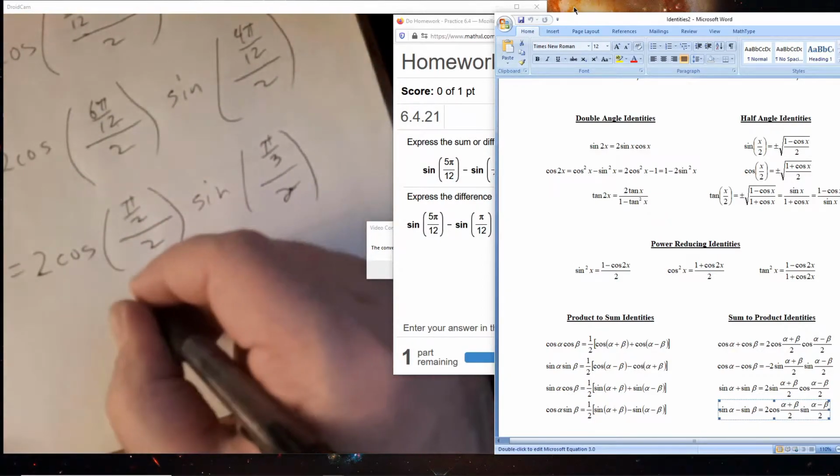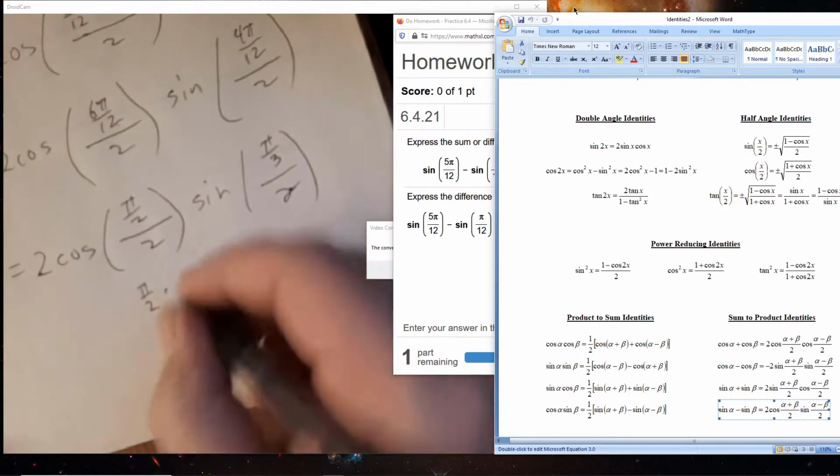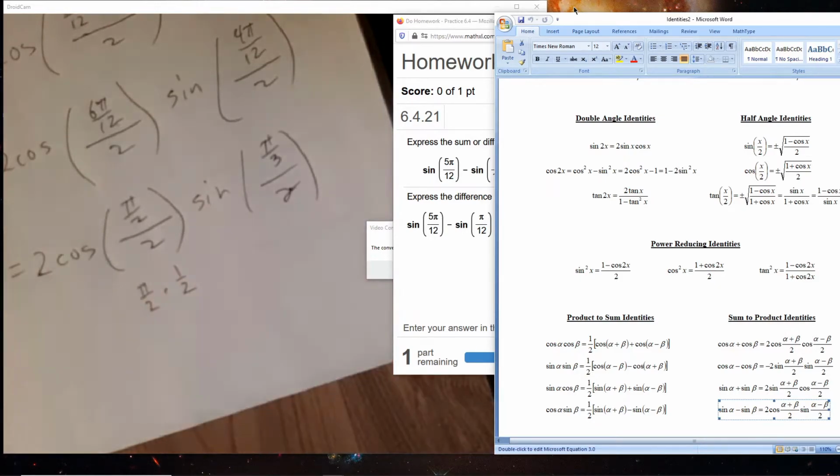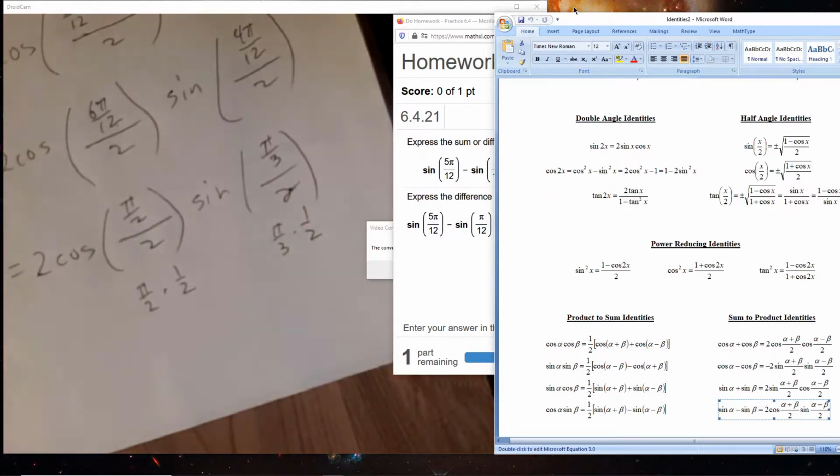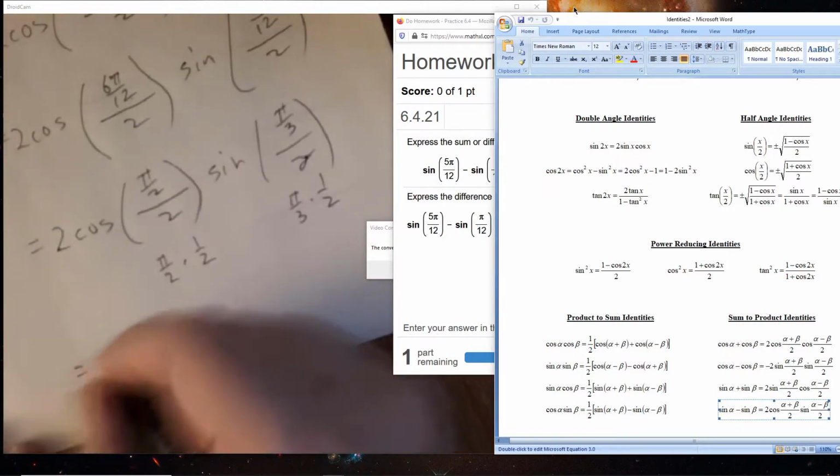Remember, division is the same thing as multiplying by the reciprocal. And so we get